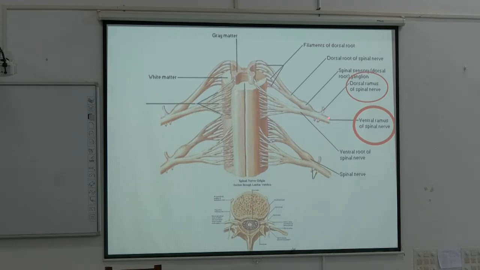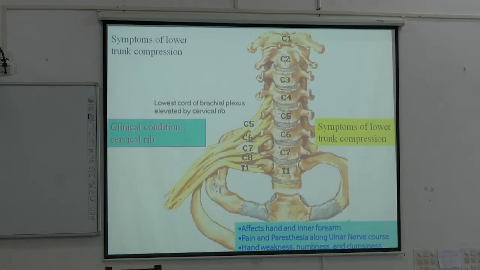And you look at this other ramus or division, we call them the dorsal rami. So ventral rami and dorsal rami, see how skinny these dorsal rami are. The dorsal rami goes to the back side, supplies the muscle in the back region, supplies the skin on that back side. And the ventral rami, see how thick it is. All the nerve fibers moving to here. So these ventral rami, which are coming from the spinal nerves C5, C6, C7, C8 and T1,